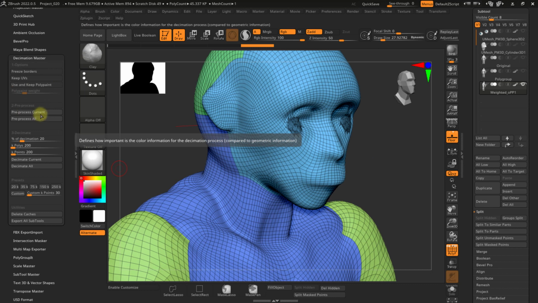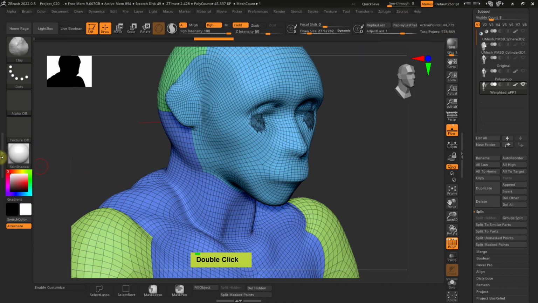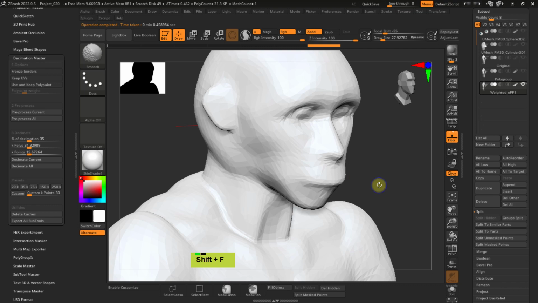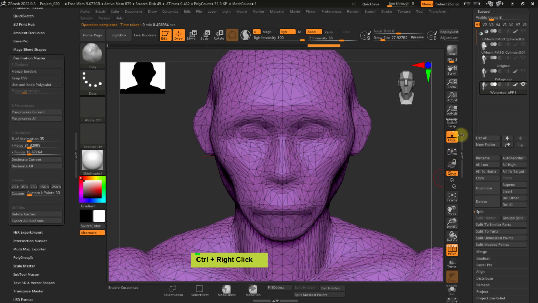It doesn't matter now. And pre-process current, this is Decimation Master. You can find it in the ZPlugins. So Decimation Master has basically created a file about this, and the 20% is fairly okay. I can keep it slightly higher. Don't know the poly count, let me check it. 44, 20. Oh, 20 is too low. I think it will be okay with 35, and that's 31K. That's decent. Okay, so that is keeping a lot of the details, and this will be the base for the